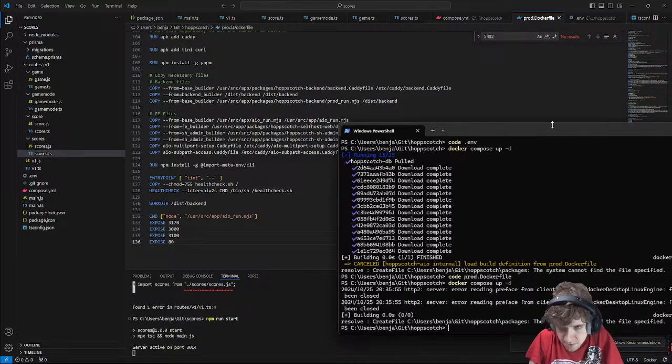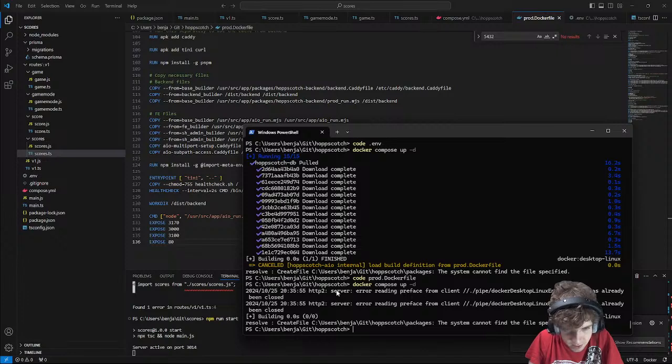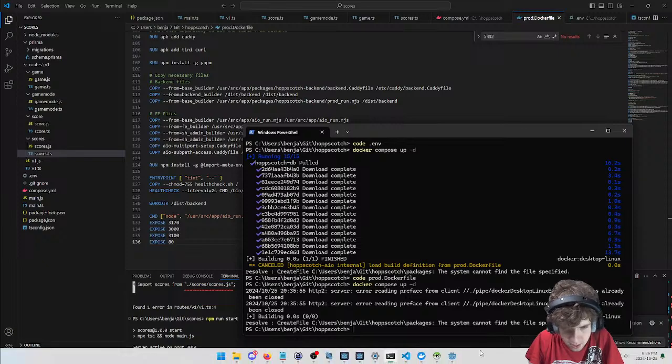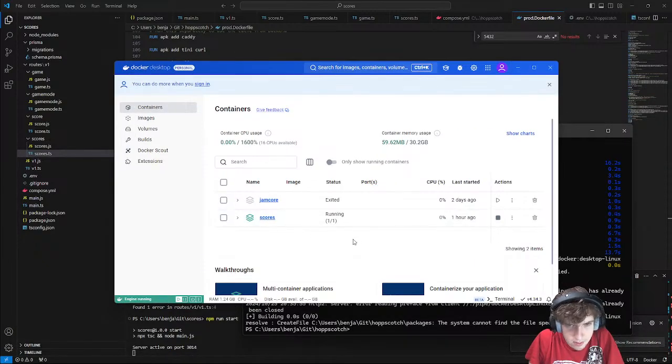Error reading preface from client. File has already been closed. Docker Desktop Linux engine. Is something going on here? No, it's not even running.